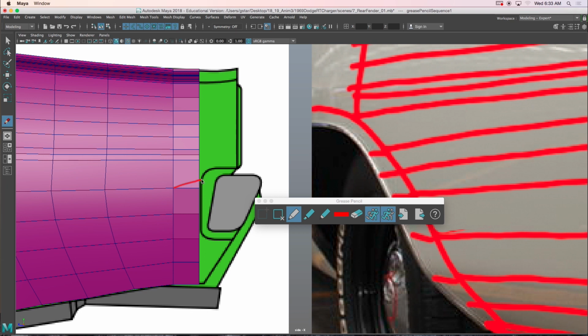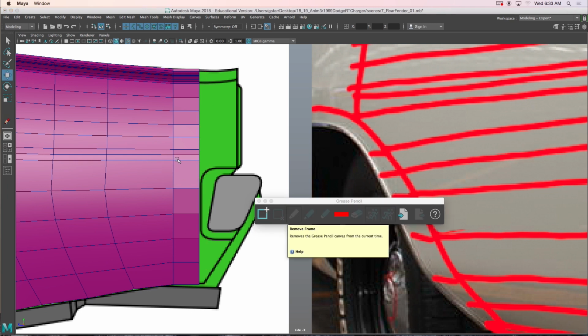Take this edge loop here, take this one, bring it there, extrude it again, so it'll look like that. 1, 2, 3, and then I'll add one more edge loop to get that shape. Okay,